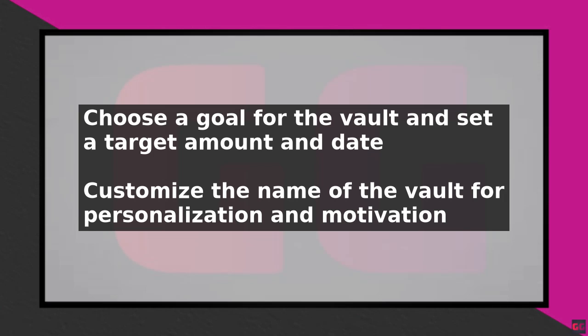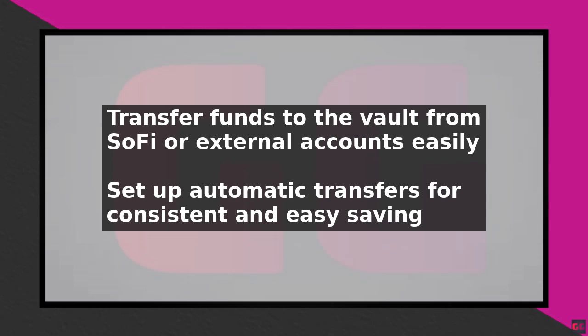After setting up your vault, you can start adding money to it. You can do this by transferring funds from your Sophie checking or savings account, or by setting up automatic transfers from an external account. You can also set up recurring transfers to make saving easier and less prone to being